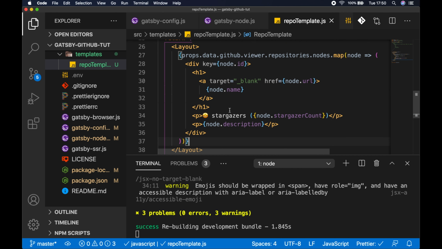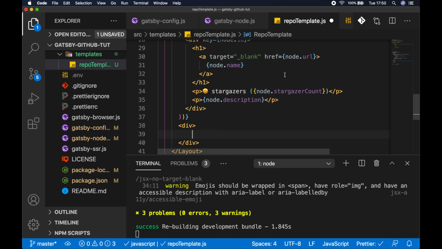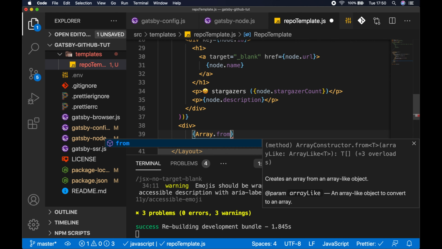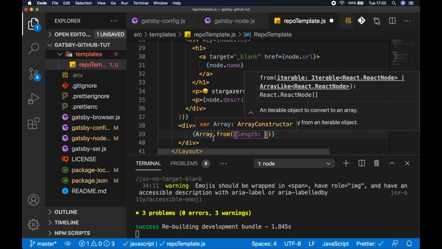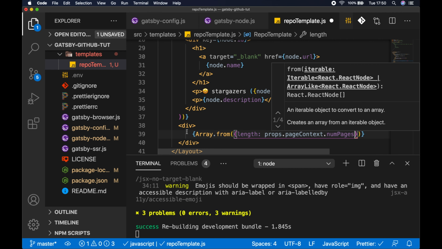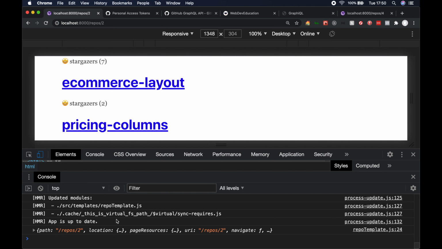So underneath our rendering of the repositories, let's render a div. And within this div, we want to create an array. So we want an Array.from, pass in an object. So we want the length to be equal to props.pageContext.numPages. So first of all, let's take a look in the browser, and in the console log, we can see